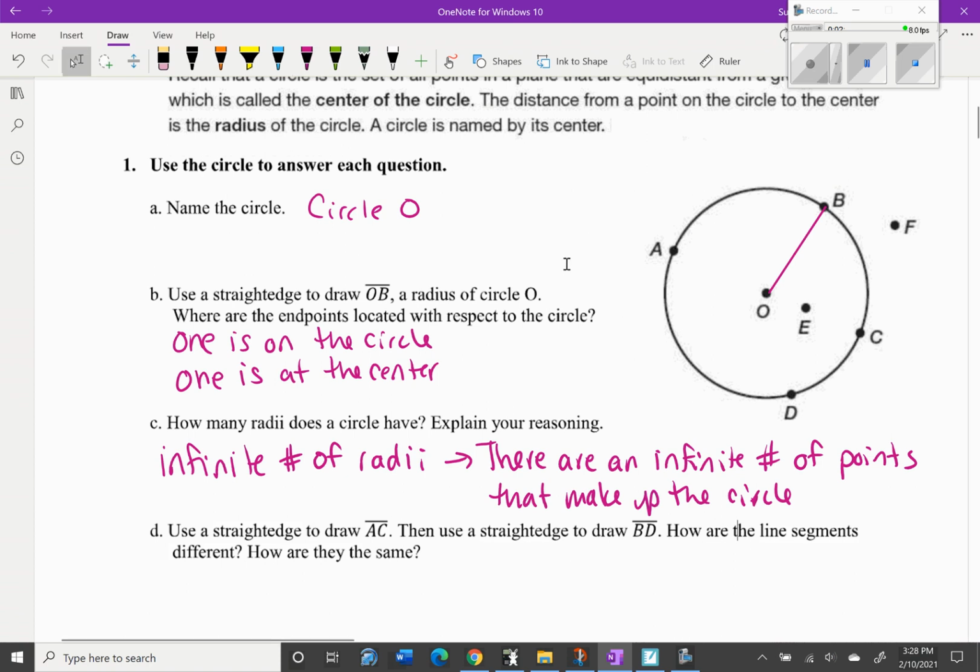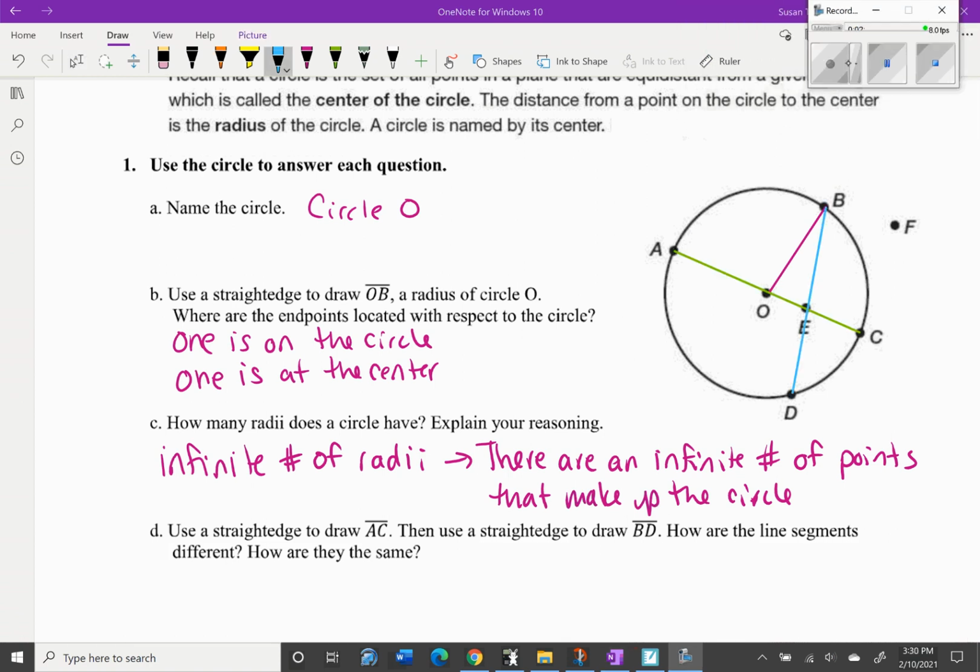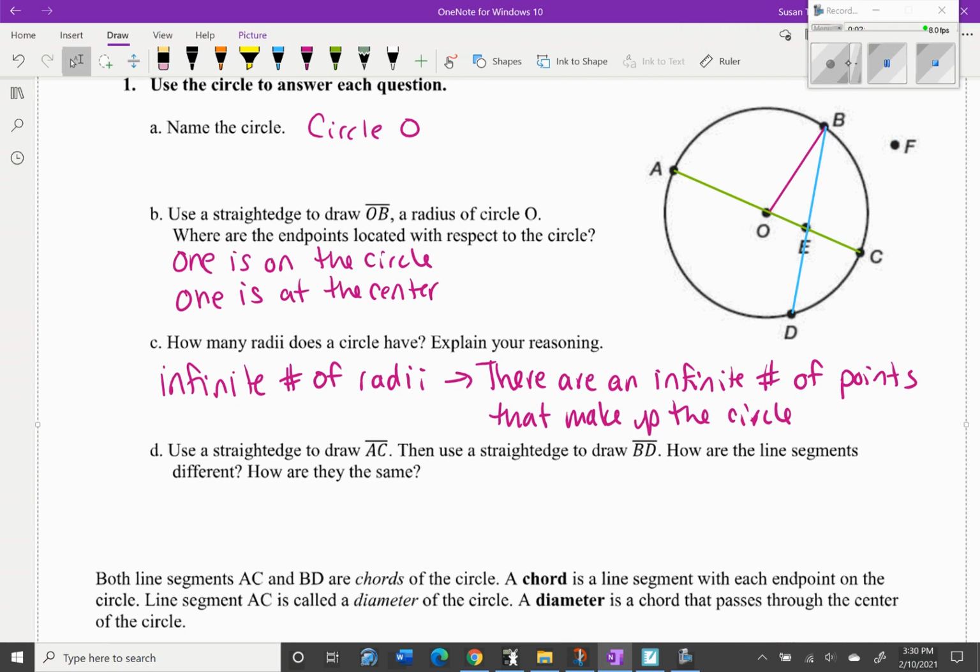And then for D, it says use a straight edge to draw AC, then use a straight edge to draw BD. How are the line segments different? How are they the same? So let's go ahead and look at how they are different first. They are different because we can see that AC goes through the center,